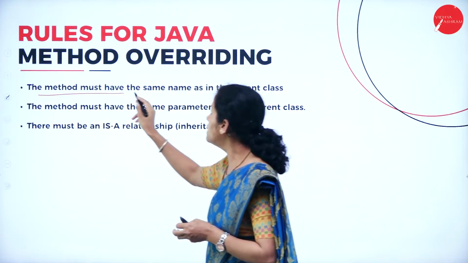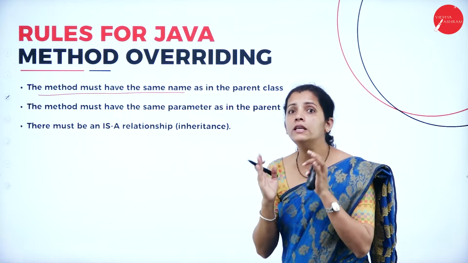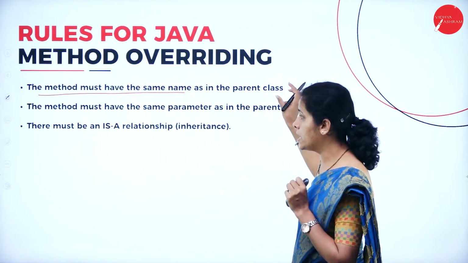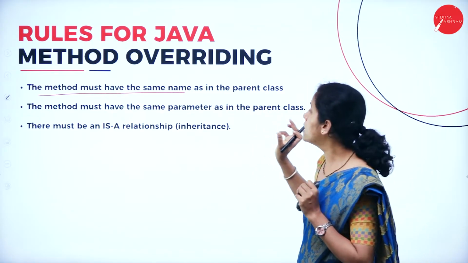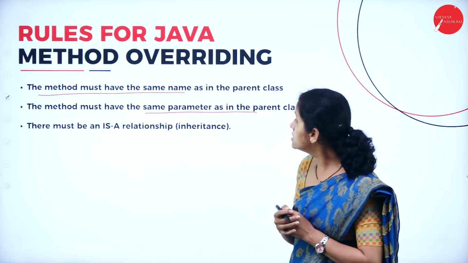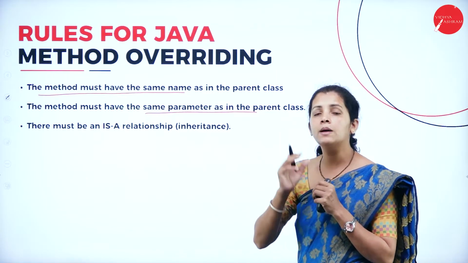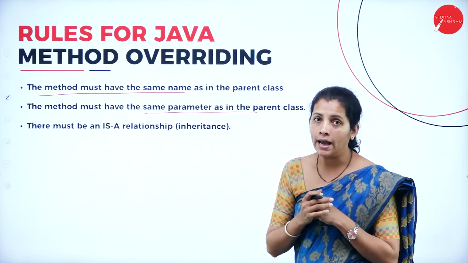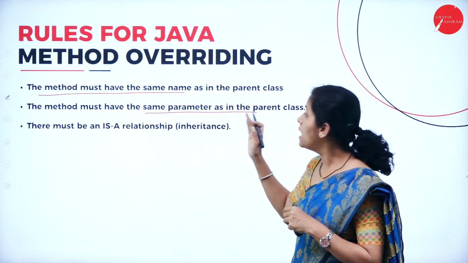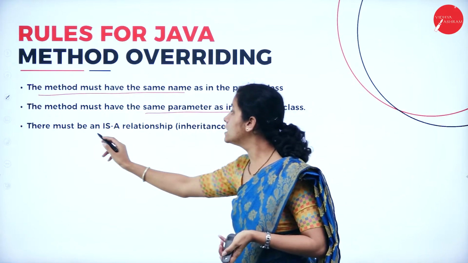The method must have the same name as the parent class. That means in both the classes, the method name must be the same, and the method must have the same parameters, and there must be an is-a relationship. That means there must be inheritance. That means I'm going to use the properties of my parent class. So what are the rules? The method name must be the same, and the parameter list as well as the return type must be the same. Then there must be an